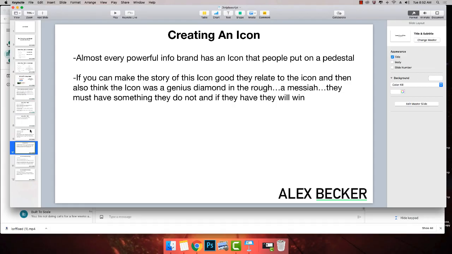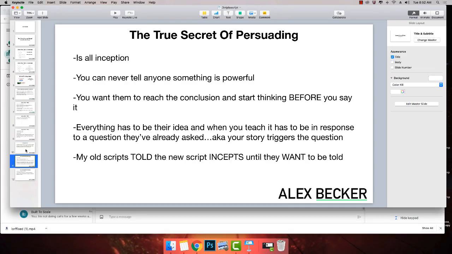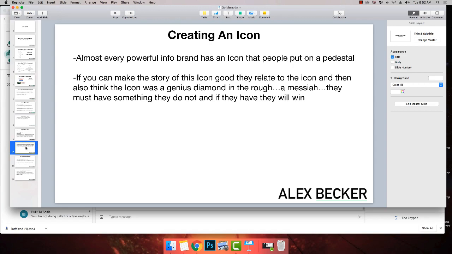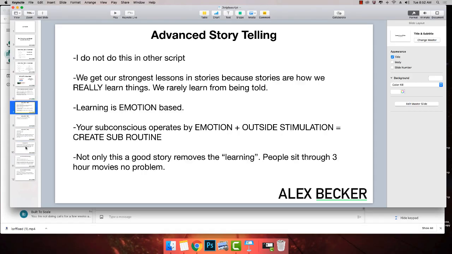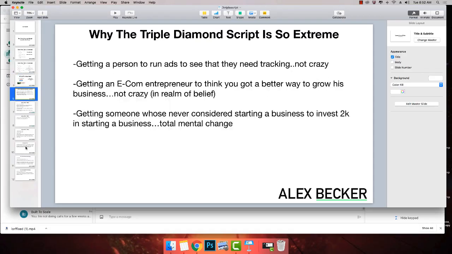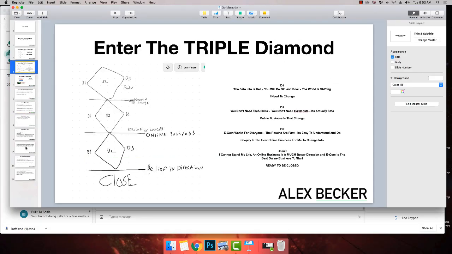But then what happens in the story is they create a system. They create a secret weapon. They create a secret lightsaber, a secret tool that they can then pass on to the average man. And then what we're passing on to the average man is our product. Okay? So we show a person going and achieving all the things that the viewer wants to achieve and going through all the realizations of the triple diamond. And then the way they go and actually kill it is by using their unique talent to escape the pain that the viewer is in.